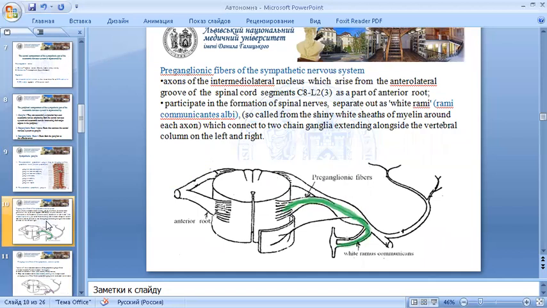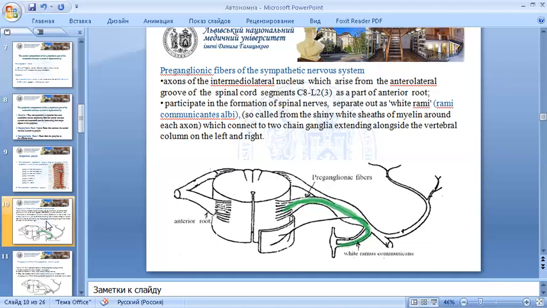So these axons of the intermediolateral nucleus arise from the anterolateral groove of the spinal cord from the 8th cervical segment to the second lumbar segment as a part of the anterior root. These are the preganglionic fibers. They take place in the formation of the spinal nerves,